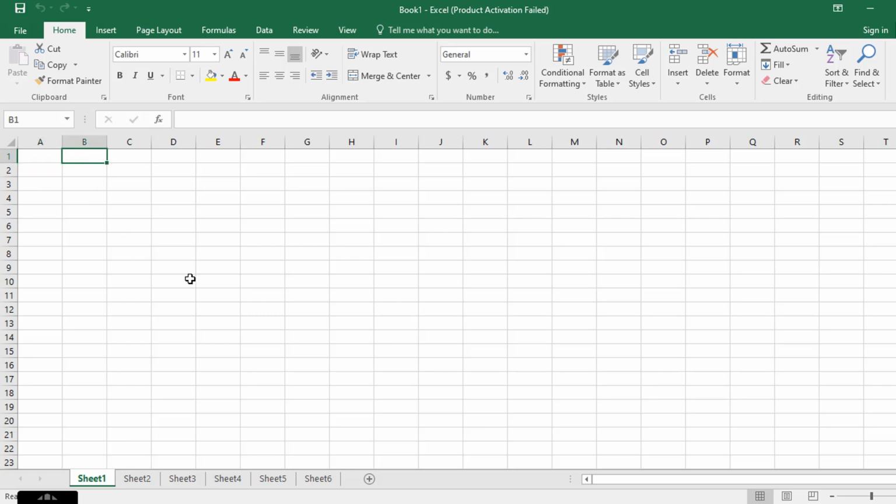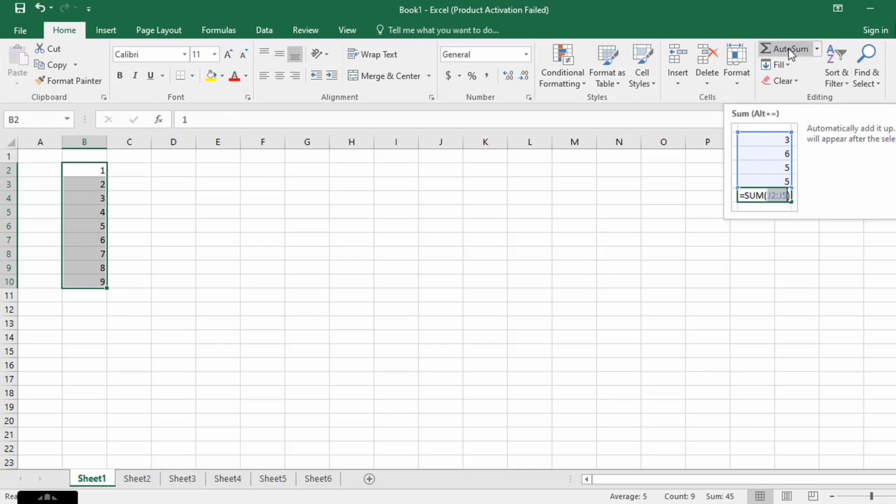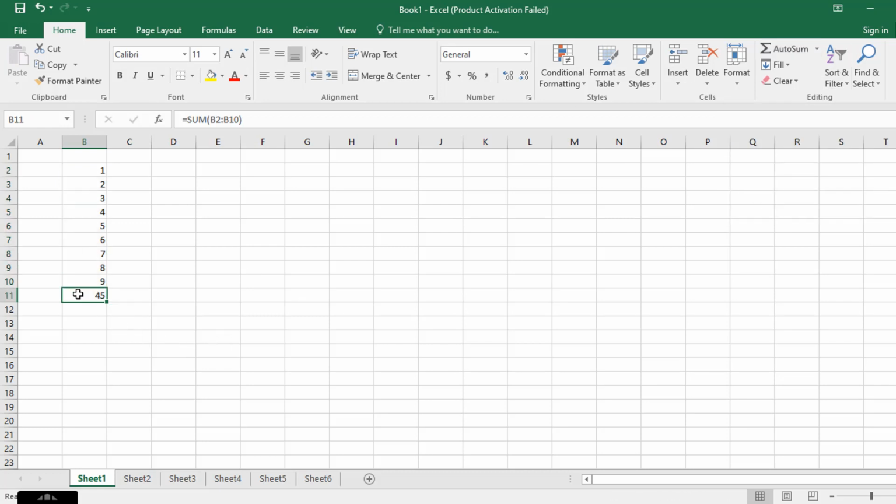First, let us see how to do auto sum. For that, let me type some numbers. After typing the numbers, select all the numbers. Now in home tab you are having auto sum. Click it. You can see that the result has appeared. The result is 45, and here you can see the formula that has been used,